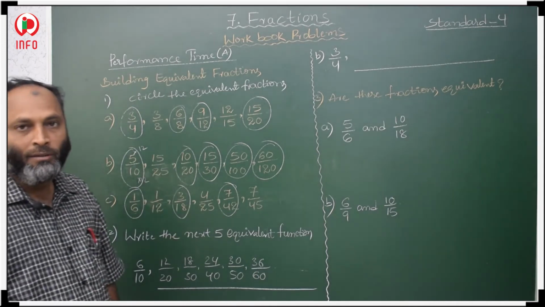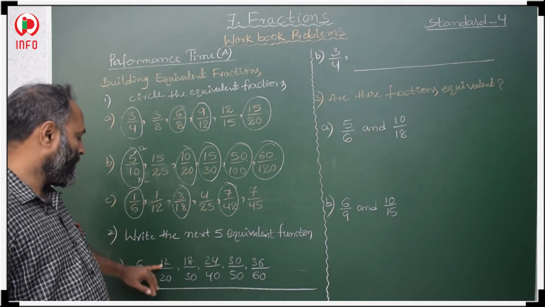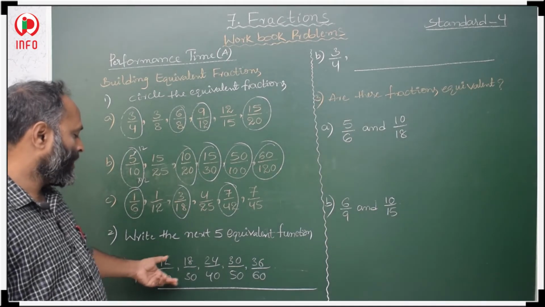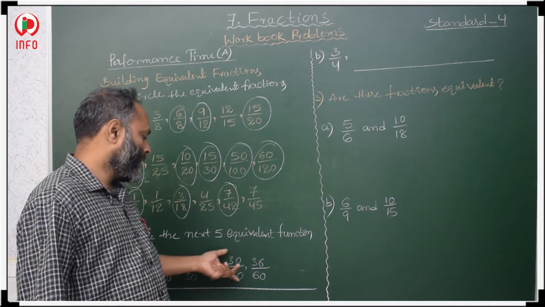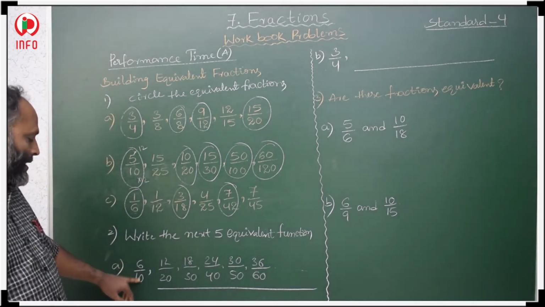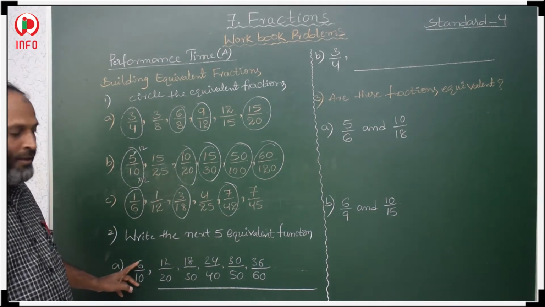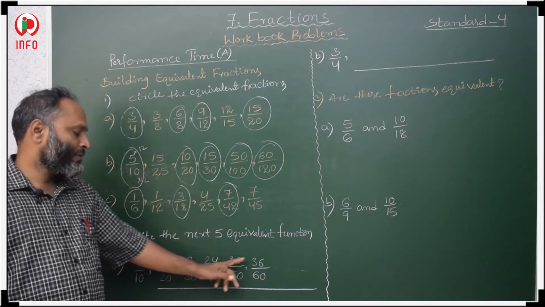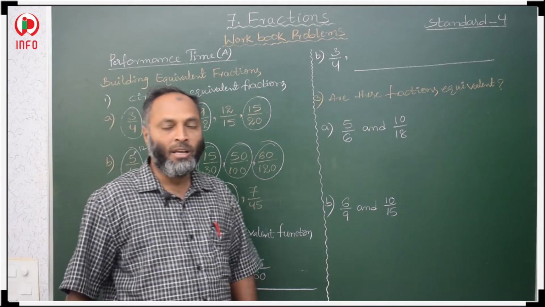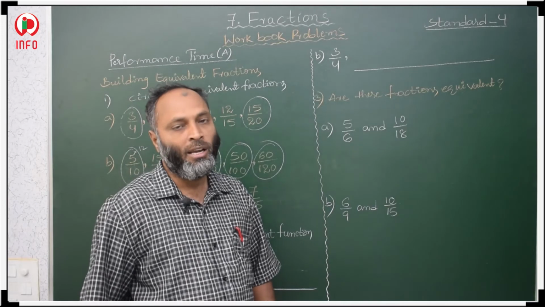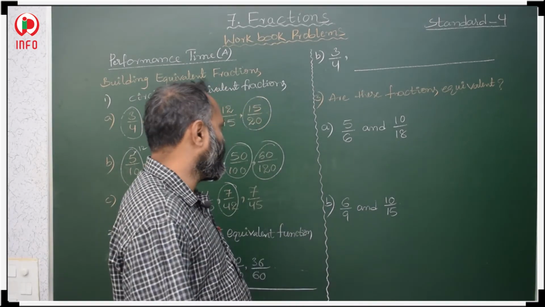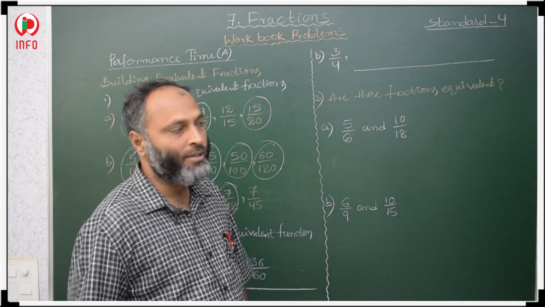All these are equivalent fractions. First we have to multiply by 2. Numerator and denominator we have to multiply by 2, multiply by 3, multiply by 4, multiply by 5, multiply by 6. Why? Here, 6 ones are 6, 10 ones are 10, the ones are over. 2s, 3s, 4s, 5s, 6s. Till 6 you have to take. Then you will get equivalent fractions. How many equivalent fractions can we write? Infinite equivalent fractions we can write. We are able to write infinite equivalent fractions of a given fraction.